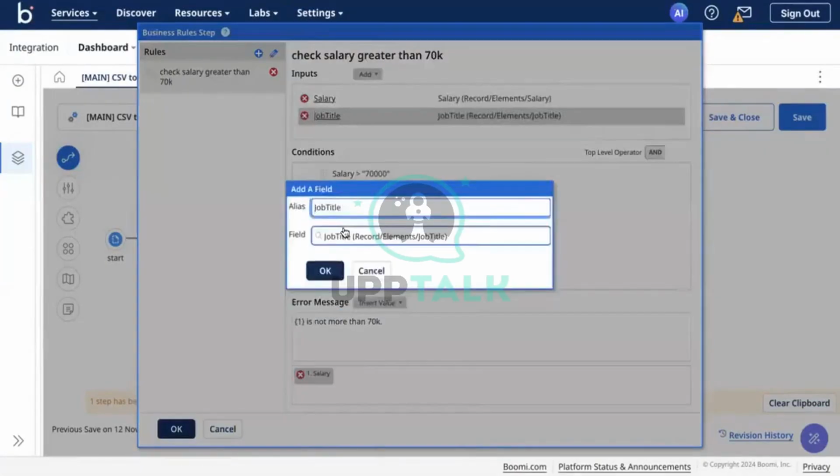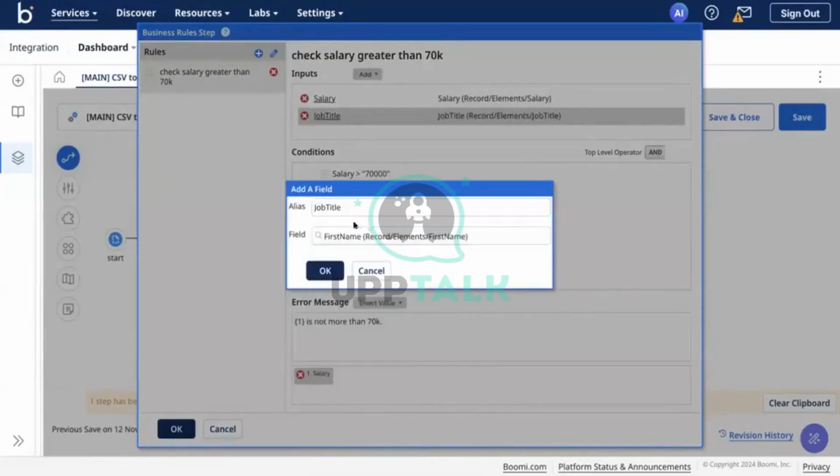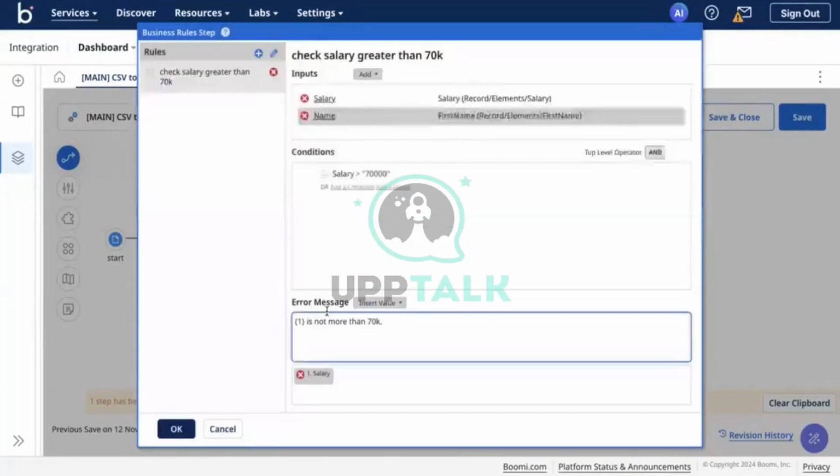Let's change this. It's add name. Salary of John is 70K, which is less than 70K. We can say